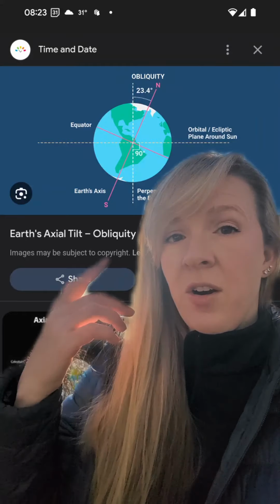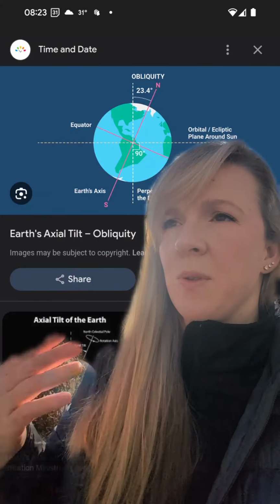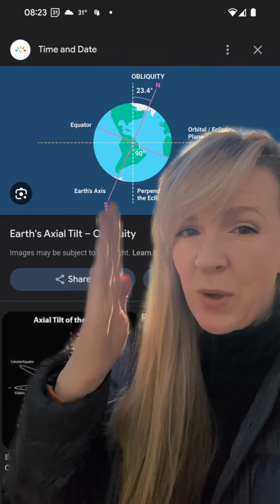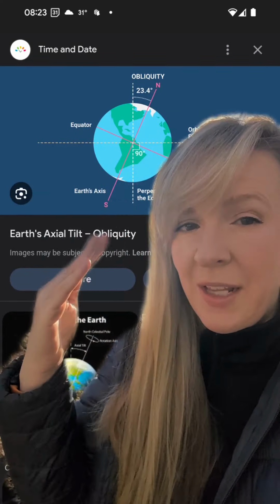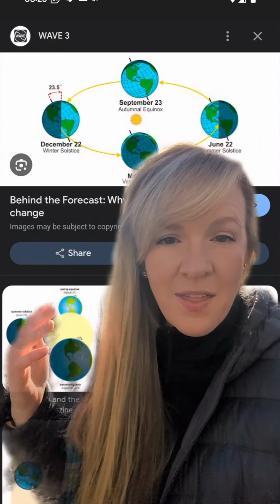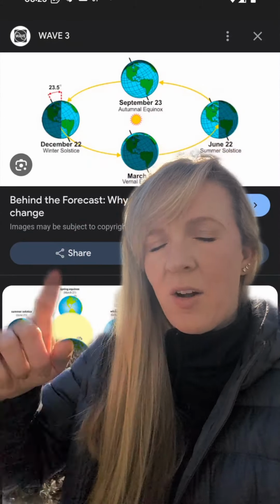You get my drift. Astronomical spring begins on March 20th, and that has to do with where the sun is shining and how it lines up with the tilt of the Earth. You see, our Earth spins and rotates, and everybody knows this is what creates day and night. But we don't spin straight up and down. We spin at about a 23.5-degree angle. This is the reason why we have seasons at all to begin with.